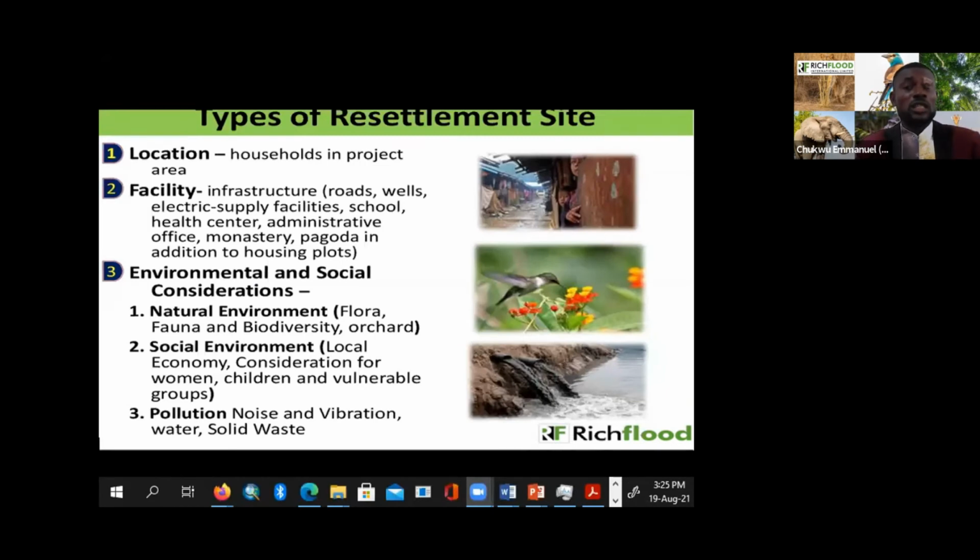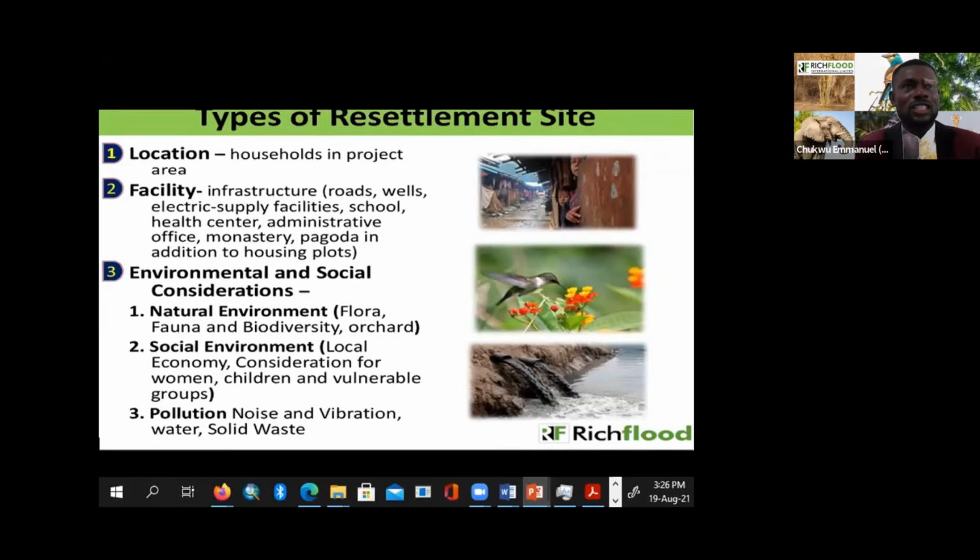We've seen scenarios whereby you go to communities and you are planning a resettlement action plan, you see people, the chiefs, the elders, coming to claim ownership to a particular land. That is to ensure that they are compensated. Now, they are not the rightful owners, so they are not regarded as the affected persons. But when you carry out your resettlement action plan properly, you will be able to identify the affected persons,